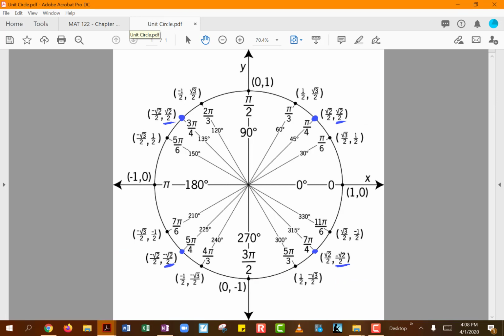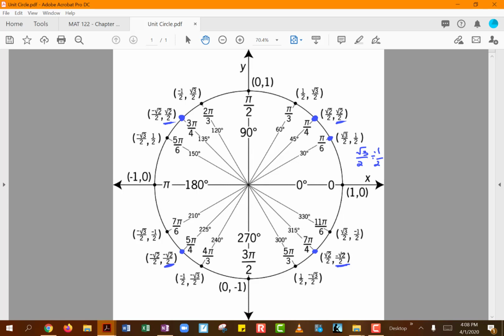When we are talking about the tangent function being square root of 3 over 3, that means you're actually looking at the pi over 6 angle over here, because I will take square root of 3 over 2 and divide it by the 1/2, which will end up giving you,